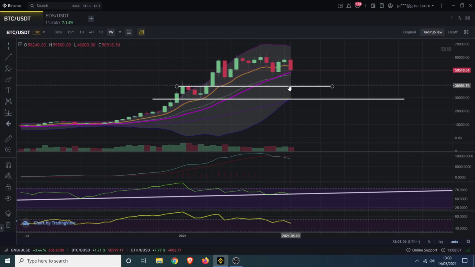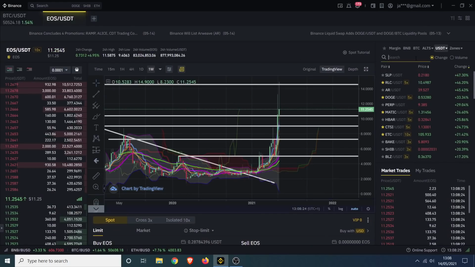If it breaks down further, we've got here, then we've also got here. So there is plenty more downside for Bitcoin to have, definitely. And I'm not saying that this is where we're going to bounce and that the rotation is going to kick in immediately. I just feel as though there is a rotation on the cards, especially when you look at things like Ethereum. We can get that up now, actually, just to give you an idea.